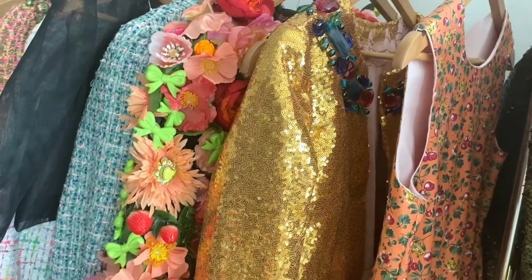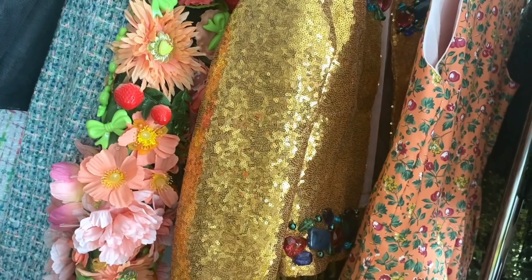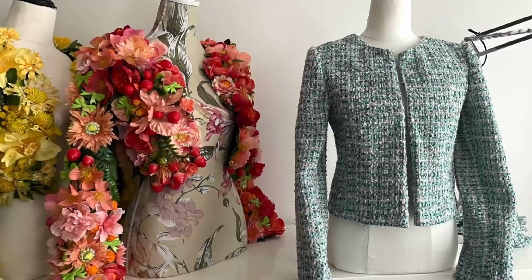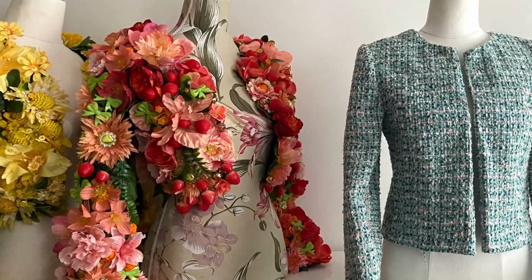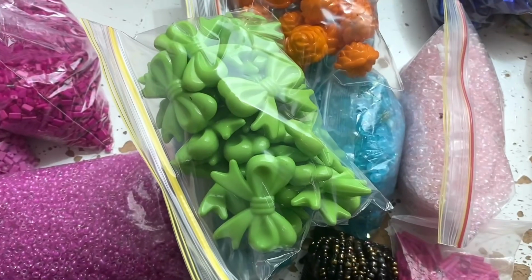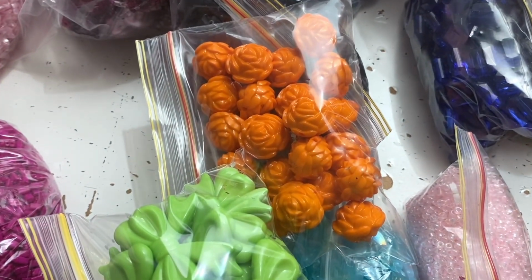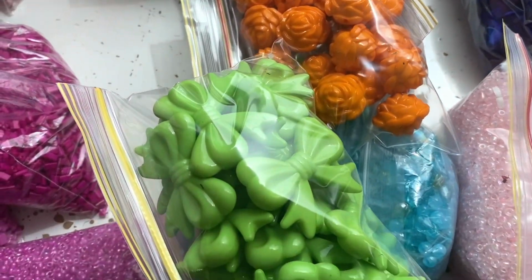And I only ended up using half the green bows in that. I think I had 50 or 60 of the green bows, and I only ended up using half of them in that floral jacket. It felt like I was using so many. And I'm probably still going to use up most of the orange round rose ones in it. I think I'll use the green Minnie Mouse bows in that